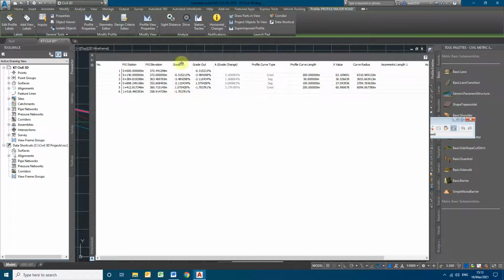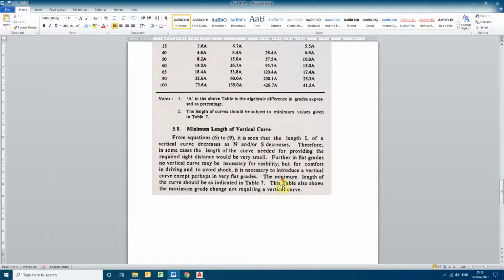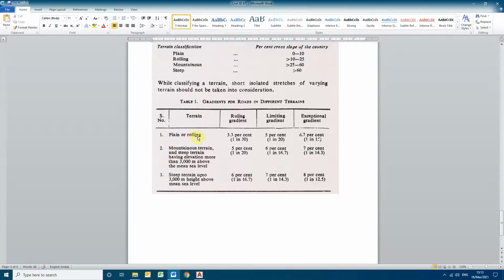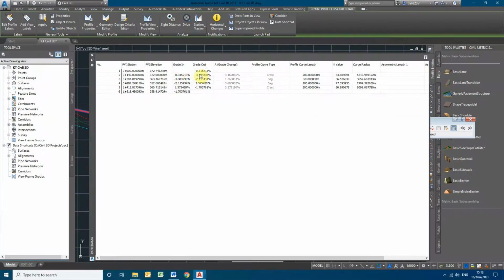So in this way we had created it, and make sure that the gradients we had provided are a minimum of 0.3 to 3.3 in plain and rolling terrain. The rolling gradient should be 3.3, the limiting gradient 5, and the exceptional gradient can be 6.7. Our terrain is plain and rolling only, not steep and mountainous terrain, but still it can only go up to 7% as an exceptional gradient.